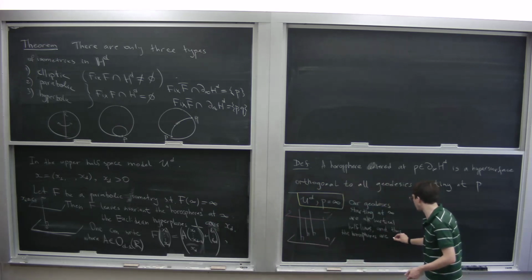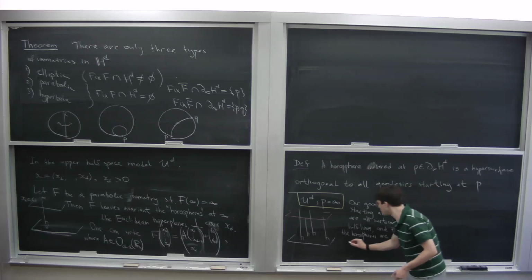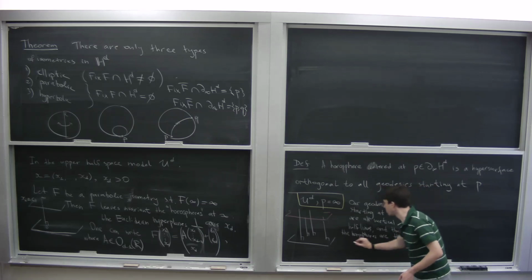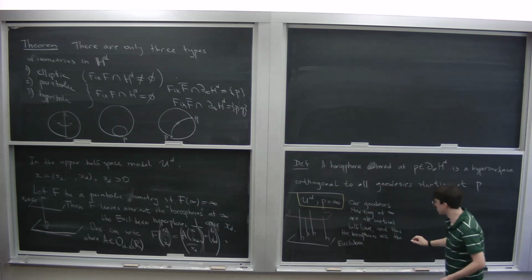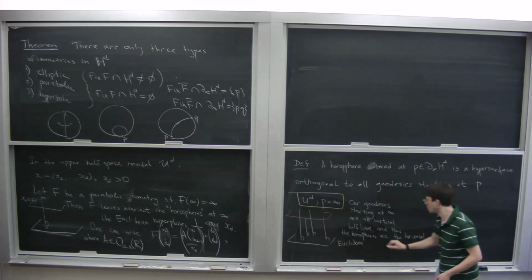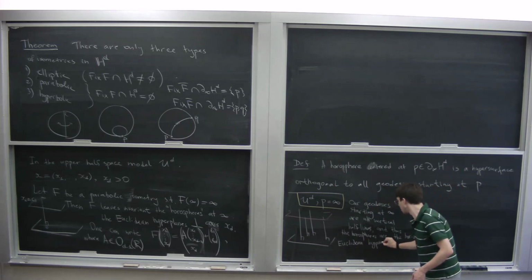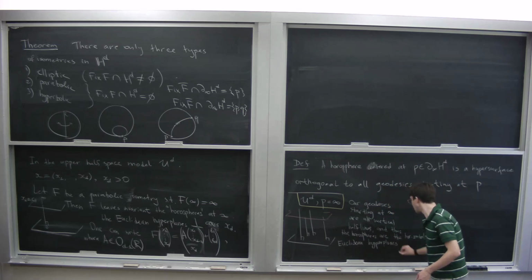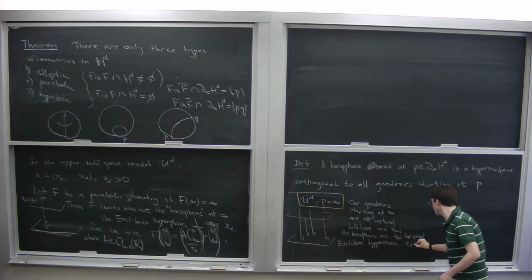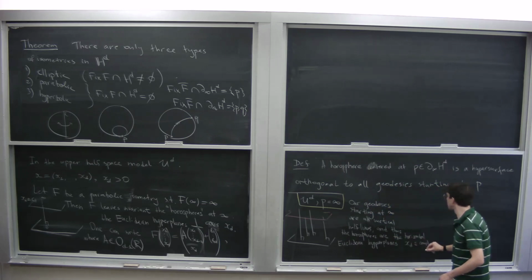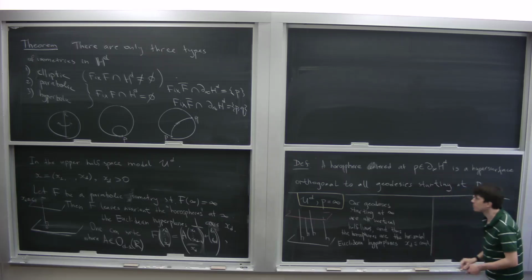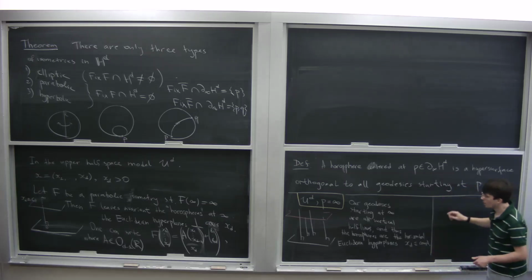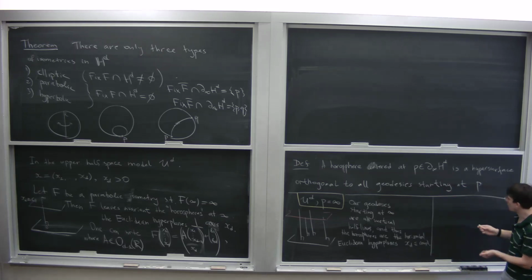Okay, thus the horospheres are the Euclidean hyperplanes. I would say the horizontal Euclidean hyperplanes, defined by xd equal to some constant. So this is in the upper half space model. In the ball model, now let's consider